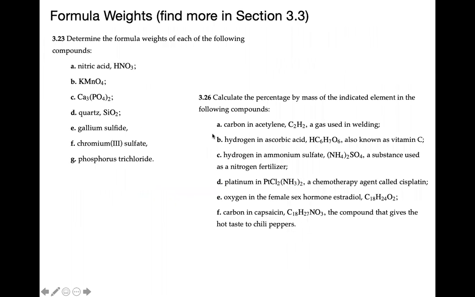If you look within chapter 3 at the end, there are 2 different sets of calculations that we're talking about. We talked about being able to calculate the formula weight given the name of a compound. That's exactly what's going on here. You see different formulas written. Sometimes it's the formula, sometimes it's the name of it. Can you use this to then look at the periodic table to come up with the formula weight? Really good examples. 3.26 is now looking at the percentage. These would be ones where you have the formula, you're looking at the periodic table, and you're doing the calculation. Really good examples here to practice.